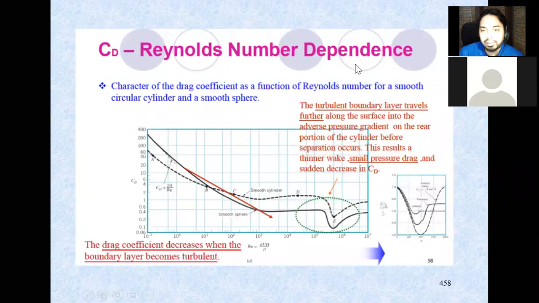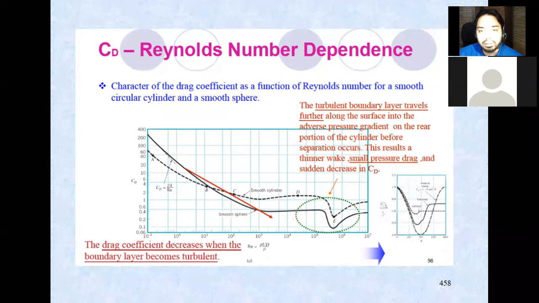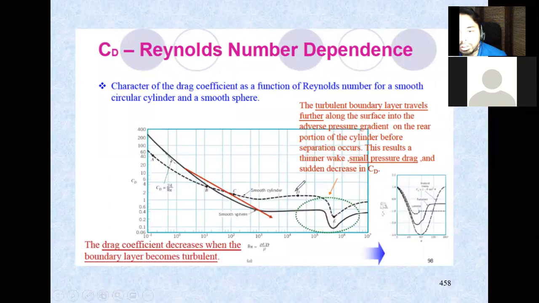This figure shows you the characteristic of the drag coefficient as a function of Reynolds number, and applies for a smooth circular cylinder and smooth sphere. This is the smooth cylinder, the dotted points, and this is the smooth sphere, the continuous line. And this is the Reynolds number. So the higher the Reynolds number, the lower the drag coefficient,